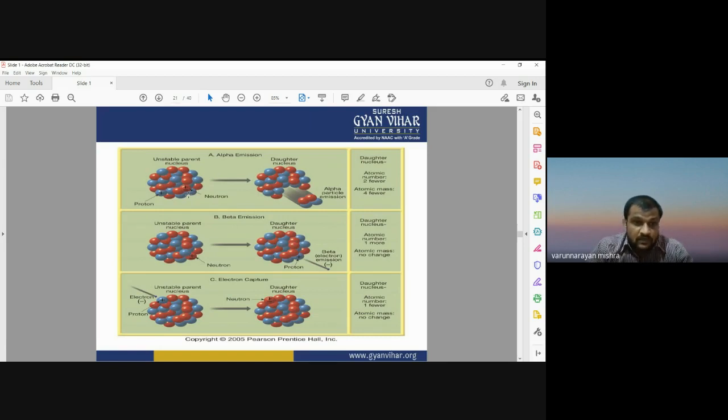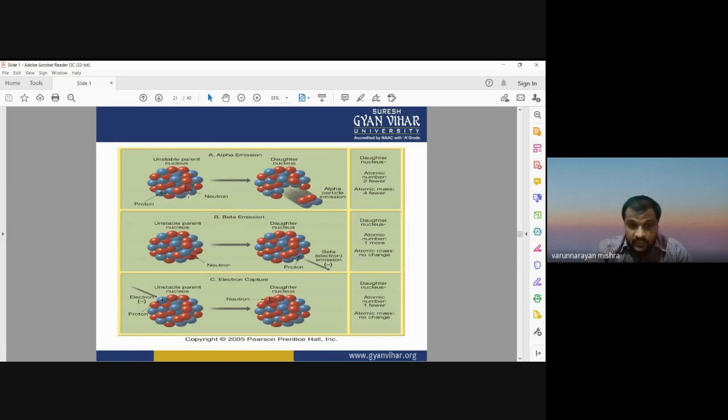Okay, the proton is positively charged, the neutron is neutral, but the electron revolving around the nucleus has a tendency to go into a lower energy state, so it releases some amount of energy. That energy will be released in the form of alpha particles, beta particles, and gamma rays.